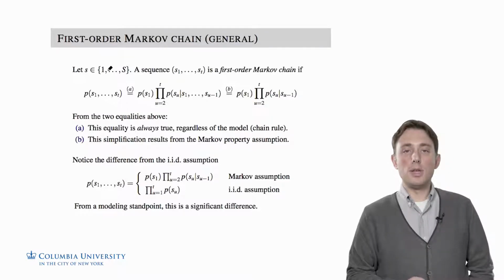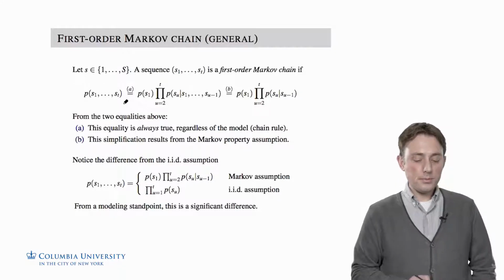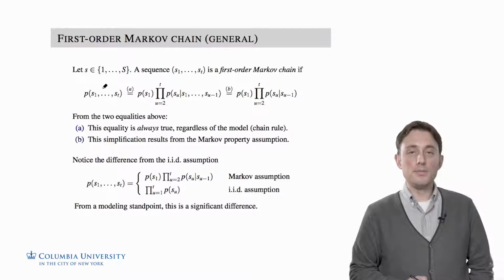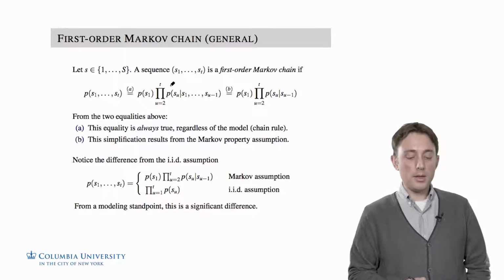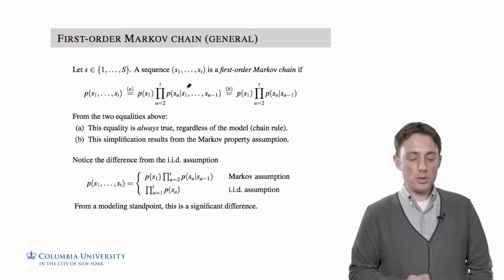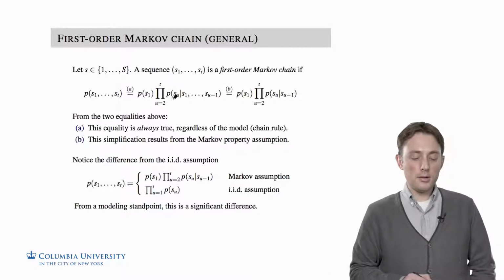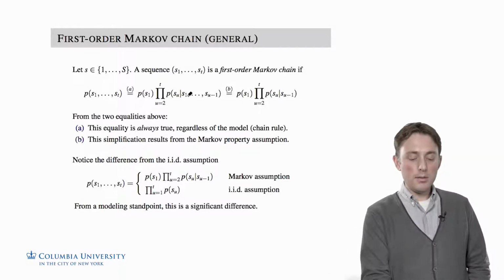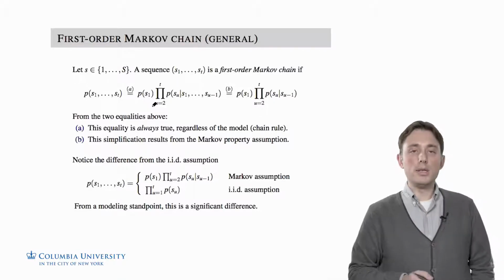the joint distribution of that sequence can be written as follows. So we have a joint distribution of a sequence of length t. We first write that using the chain rule of probability. So this is always true in every case. We can say that the joint distribution is equal to this product of conditional distributions, where we have first a distribution on the first state and then a product over the subsequent states of the probability of the state at time u given all of the states up until time u. So this is always true.